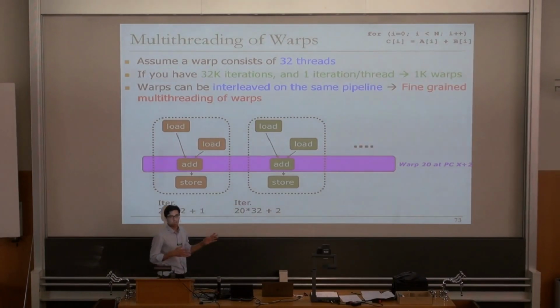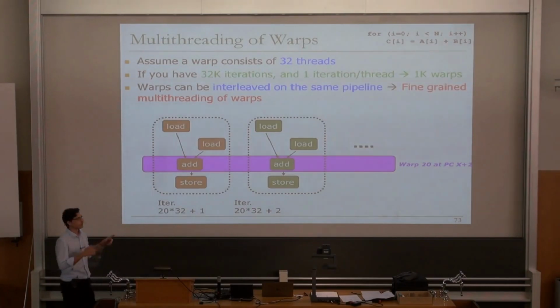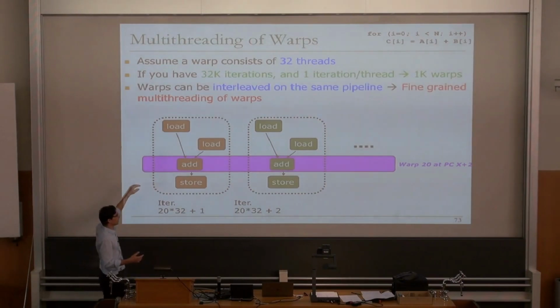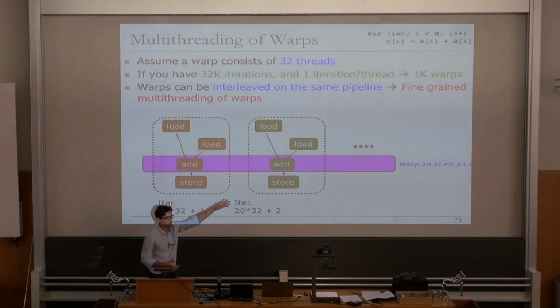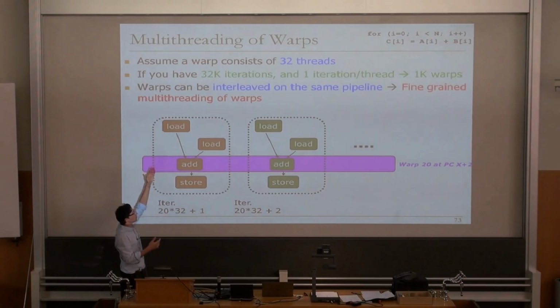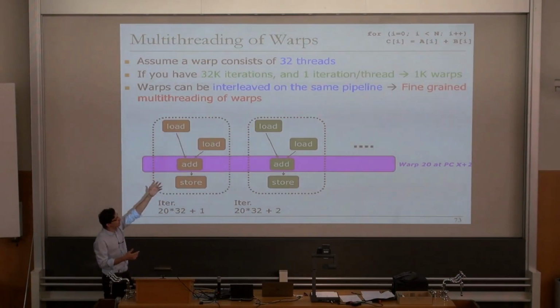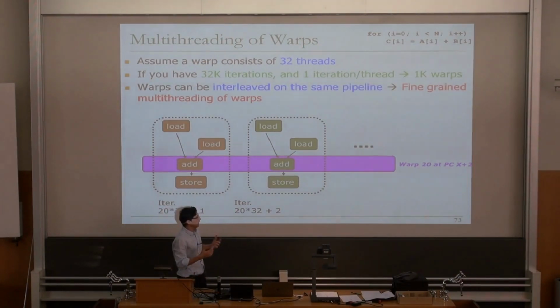Obviously it cannot start executing the addition for warp 20 before executing the load instructions for warp 20. So if in this third cycle we see that we are executing the addition for warp 20, it is because in previous cycles we already executed load and load. We already executed the corresponding operands from array A and from array B. So as soon as you access array A and array B, the next instruction, the addition instruction, is ready to be